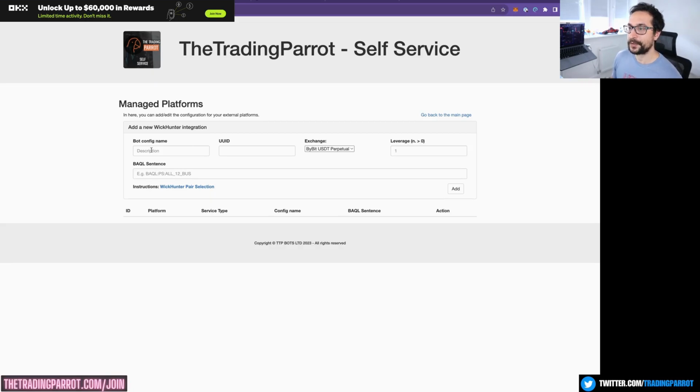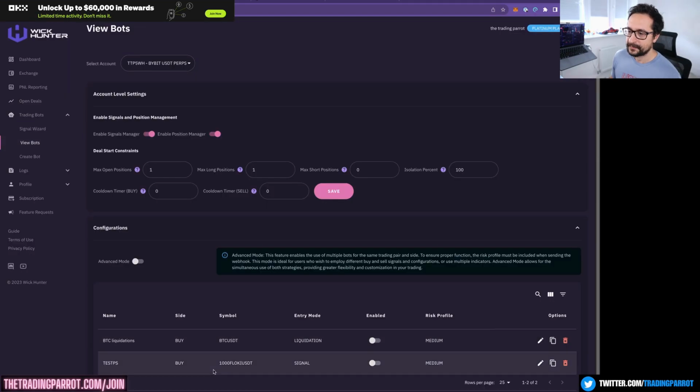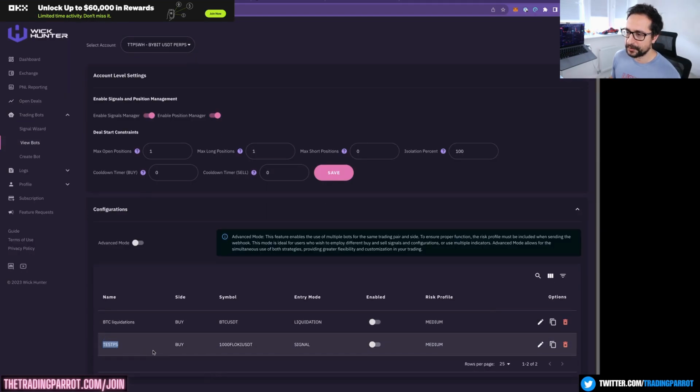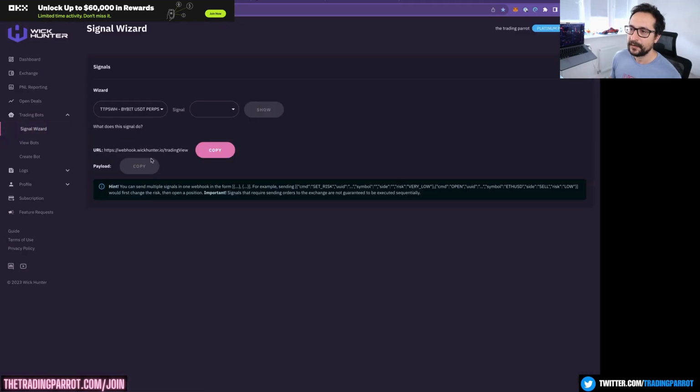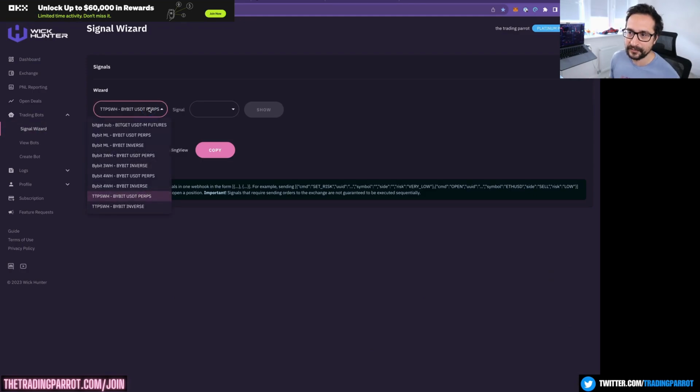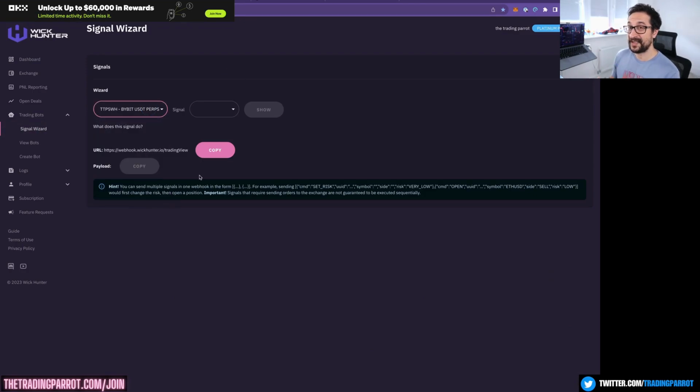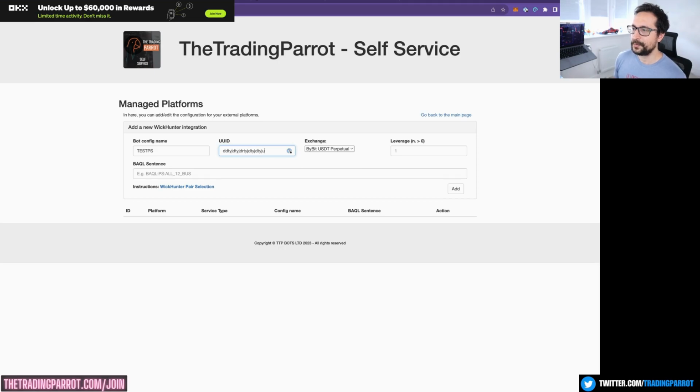As I mentioned, we're going to need these two pieces of information. So if I remember right, this was called test PS. That's the name I gave to this configuration. And secondly, I needed to take note from the signal wizard, from the payload, from any of the payloads that belong to the same account where the bot is, and I needed to take the UID. So let's assume this is my UID,